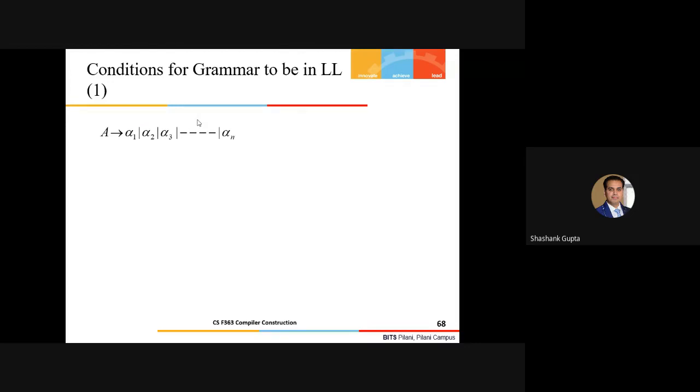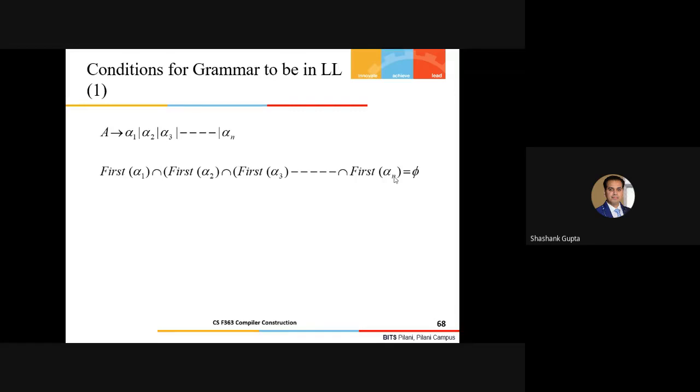In this case, one has to compute this, which I stated long time back: if first of alpha 1, first of alpha 2, and first of alpha 3, up to first of alpha n, do not have any common entries, any common first tokens, then everything is going fine.